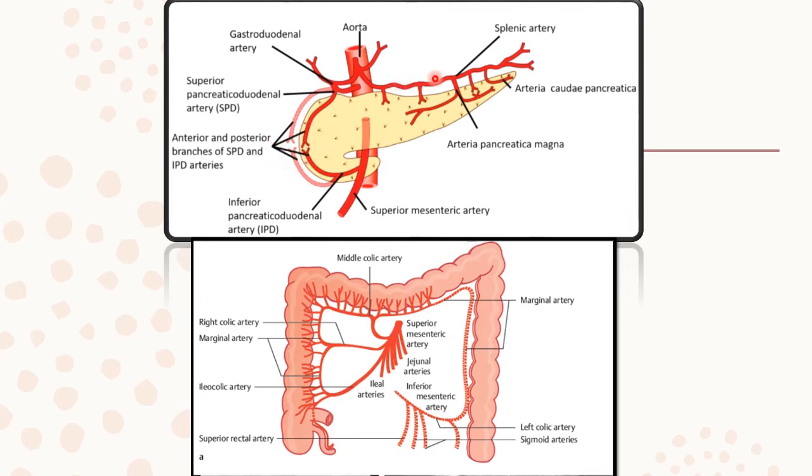And finally we have the splenic artery over here, which is going to give off the arteria cauda pancreatica and the arteria pancreatica magna, which we studied earlier, were large arterial branches to the body as well as to the tail of the pancreas. Over here you can see that this is the superior mesenteric artery, this is the middle colic artery over here. So this large middle colic artery is going to supply the transverse mesocolon. It is going to form arterial arcades and supply the transverse colon. You can see that it is giving off this right branch, which is anastomosing with the right colic artery, this one, and it is going to give off a left branch, which is anastomosing with the left colic artery, which we will study in a short while.